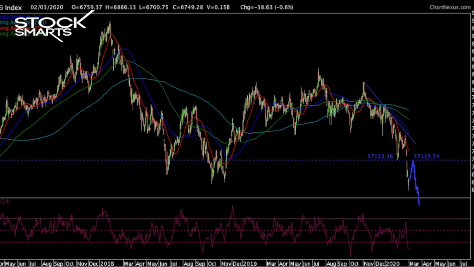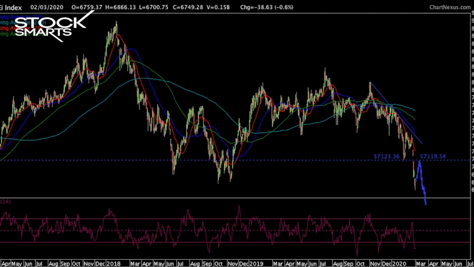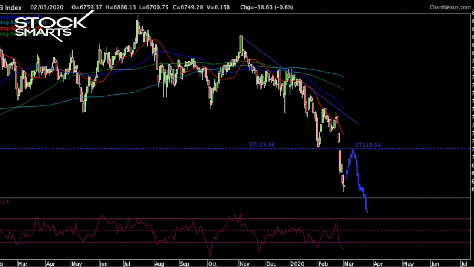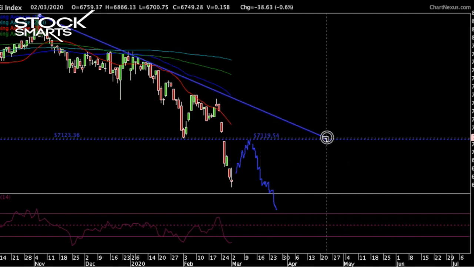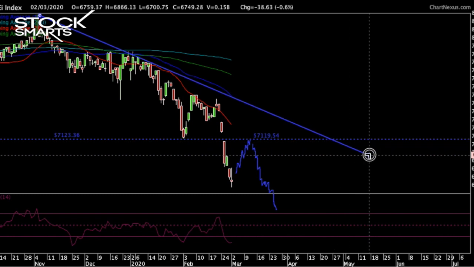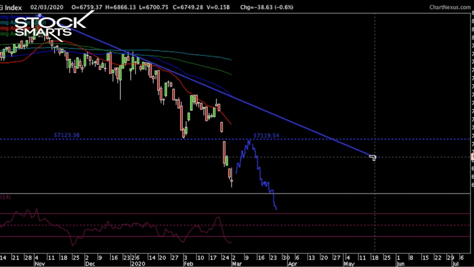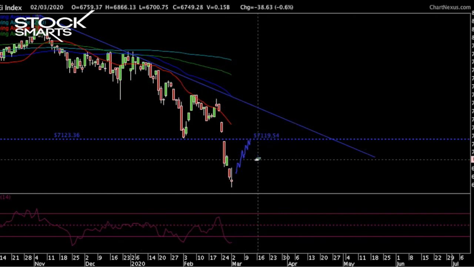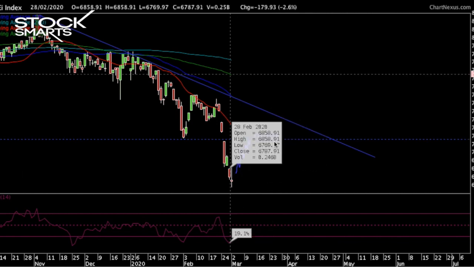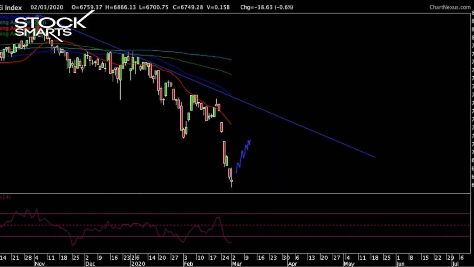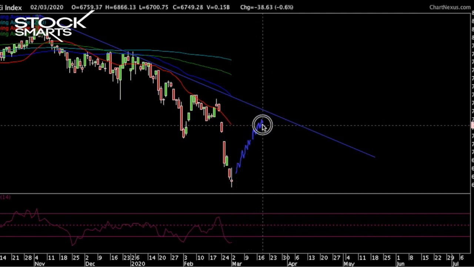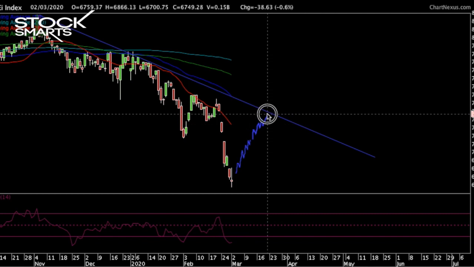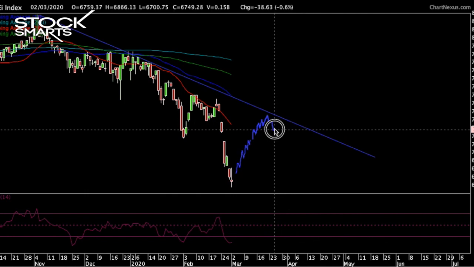A couple of things could also depict it. It may also break. Please remember, shorter resistances are weaker than longer ones. As I've mentioned, this is a trend line that's trying to protect the market from going higher. It's preventing the market from going higher, so it could possibly break. Let me give you another scenario where it breaks past this resistance, but it's still under the concept of the downtrend. So if it's still under the downtrend, the narrative is that as it hits this, it fails to break the downtrend, and then it could still slide back down.